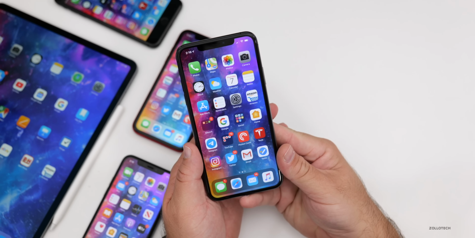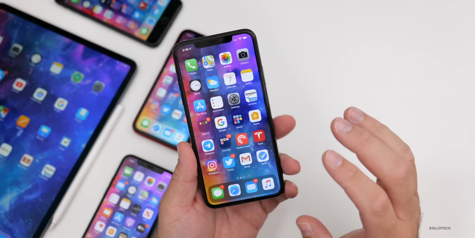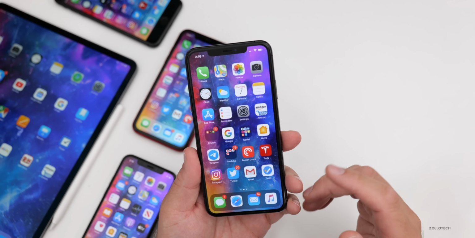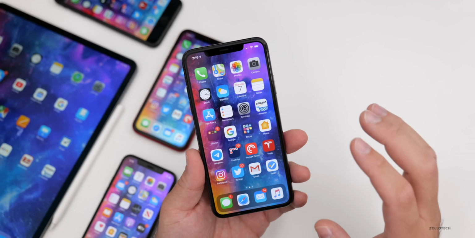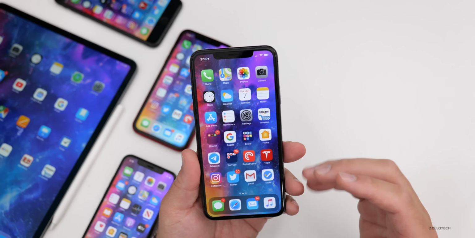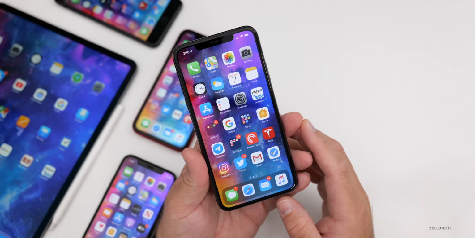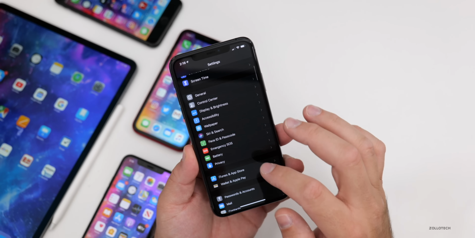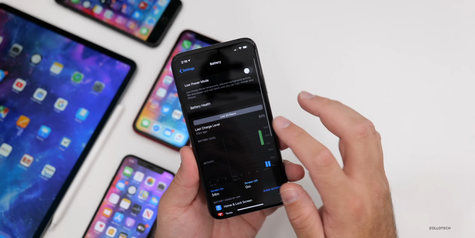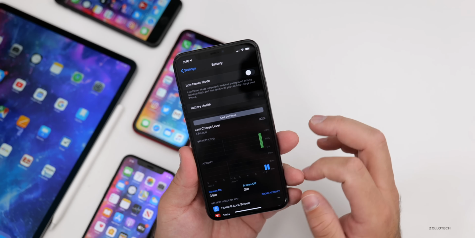Now, as far as battery life goes, I know a lot of people were very upset with battery life on iOS 13.2, and hopefully they address it. They haven't mentioned it specifically, so we don't really know what's going on with that, but it depends on what you've been on. But battery life does take a few days to know how it is overall, and can vary